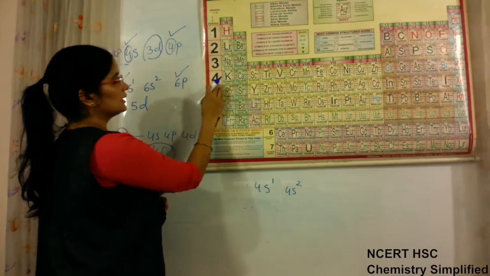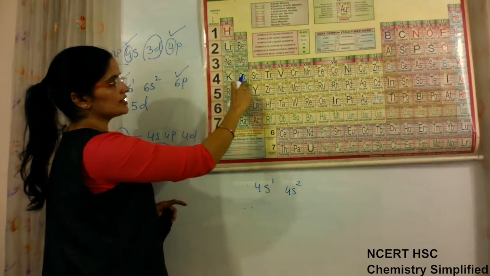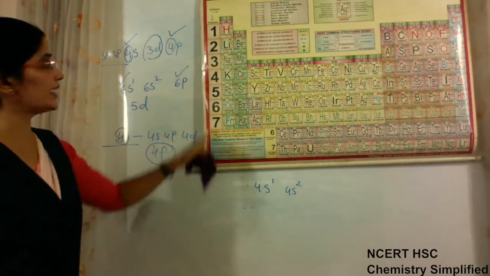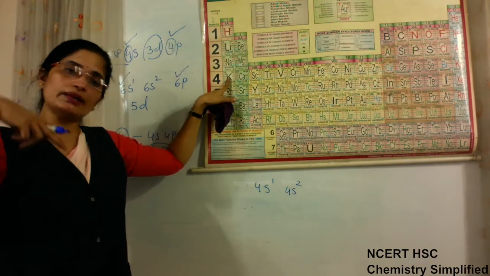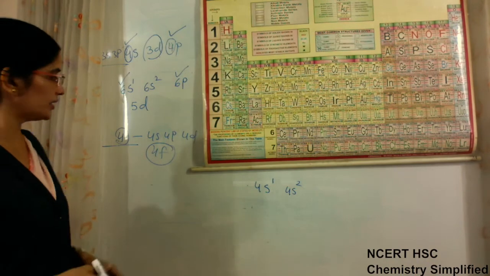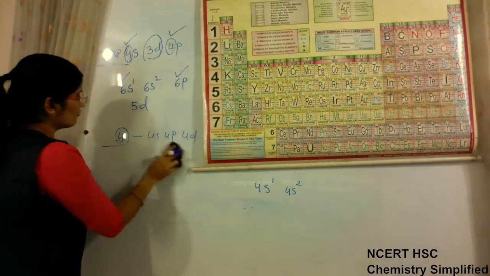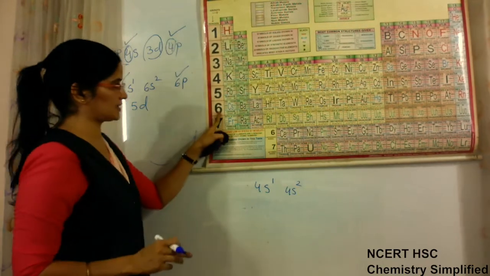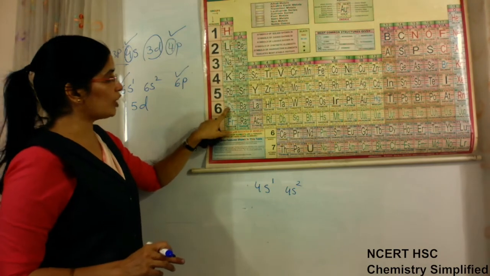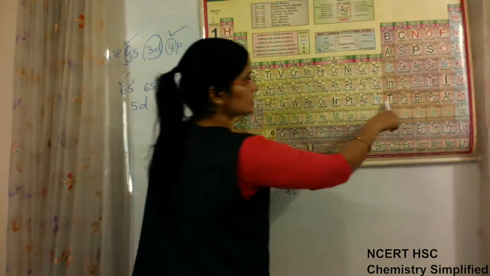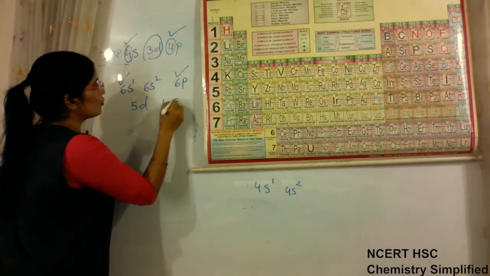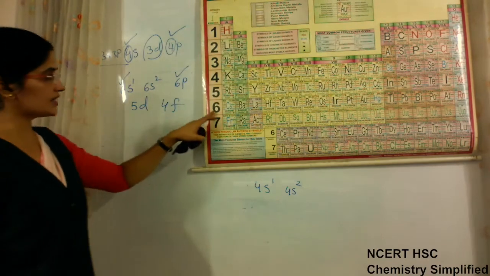Though fourth period is here, filling of 4s starts here, 4s is here, 4p is here, but filling of 4f is not taking place at this level. The filling of 4f will take place later when it will come in the energy order. So when does it come in the energy order? It comes in the energy order when we reach to period number 6. See here, when 6th period is there, so filling of 6s will take place, filling of 6p will take place, filling of 5d will take place, and filling of 4f will take place in 6th number of period.